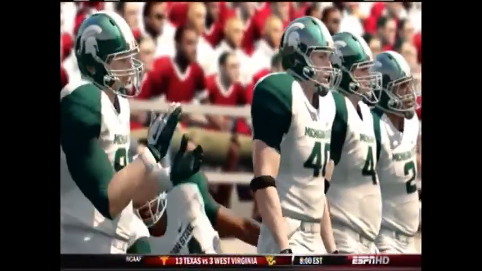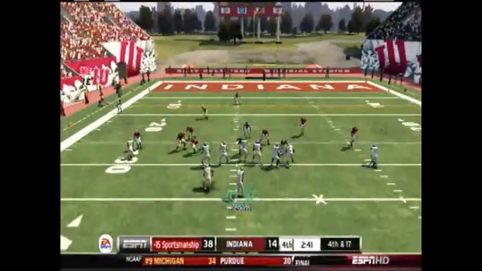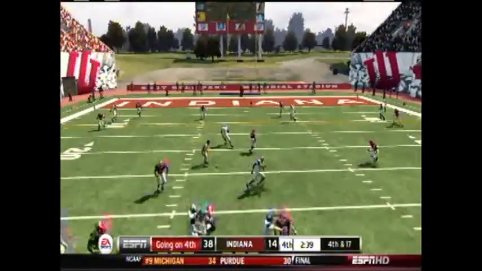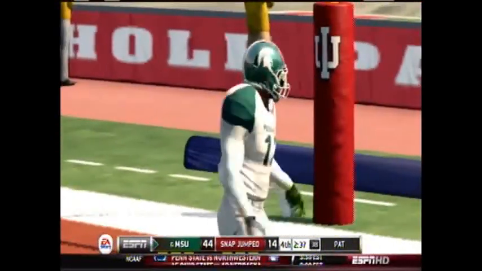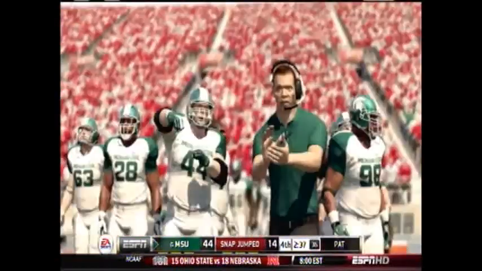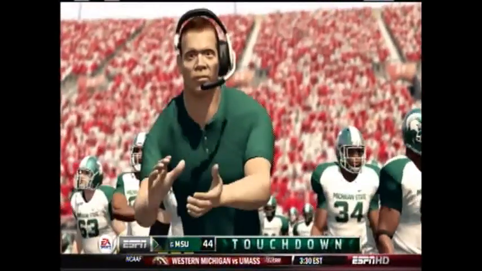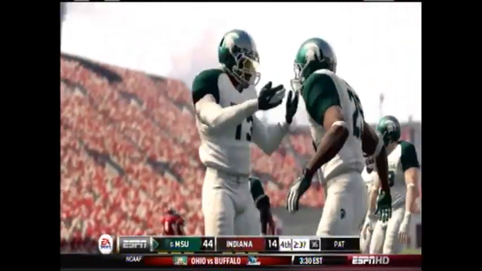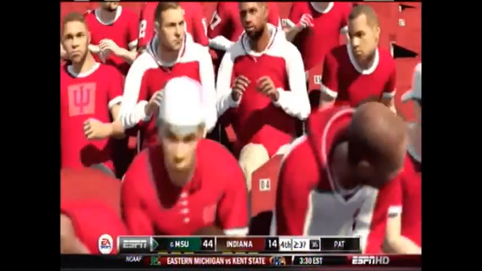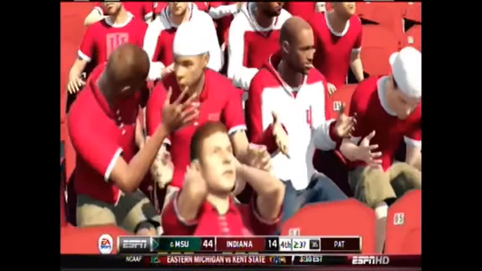So Michigan State up big right now, 38-14. And 4th and 17, Coach Handy Dandy doesn't want to kick a field goal. He's going to go for it, and they get a touchdown. So 45-14 now with 2:37 left in the ball game. I don't believe that was Handy Dandy. Handy Dandy's hiding because he knows that Indiana fans are going to want his blood after trying to run it